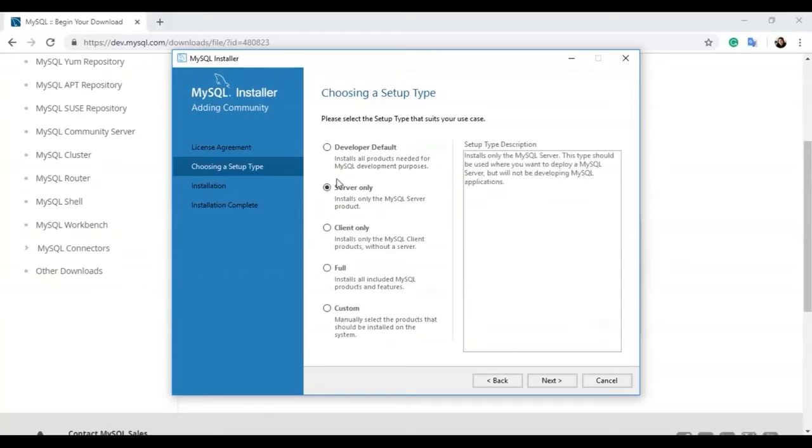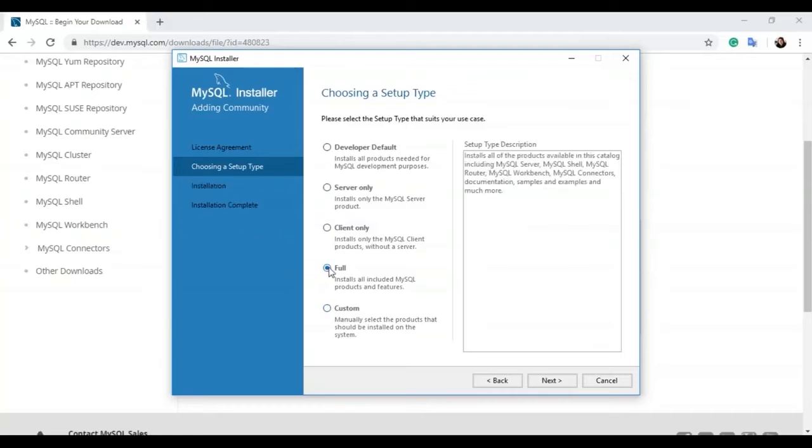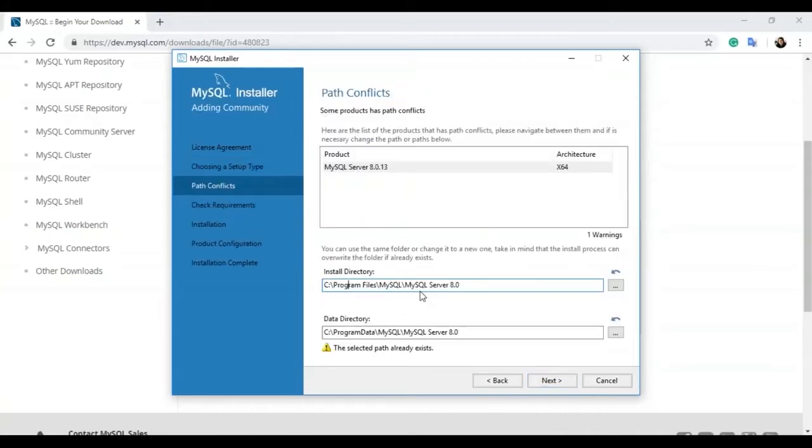We are choosing the full option, which will contain all sorts of files like MySQL Server, MySQL Shell, and MySQL Workbench, and we'll be specifically using the MySQL Workbench. It will also install some additional packages like C and C++ connector support, as well as Python 3.7.